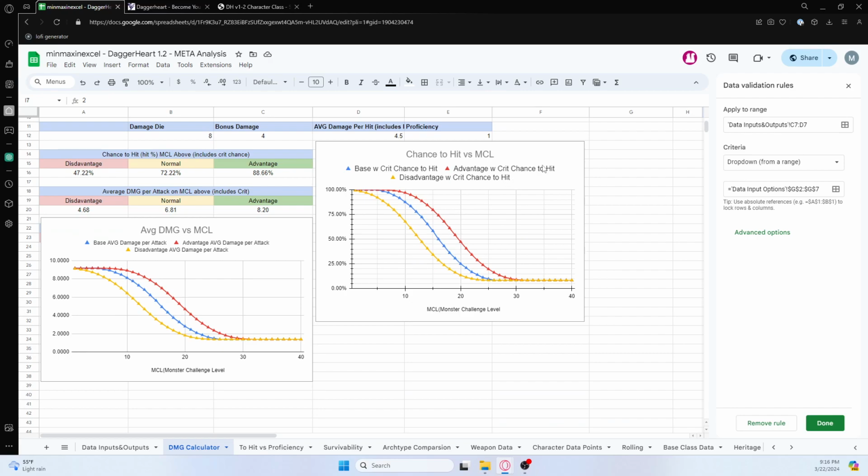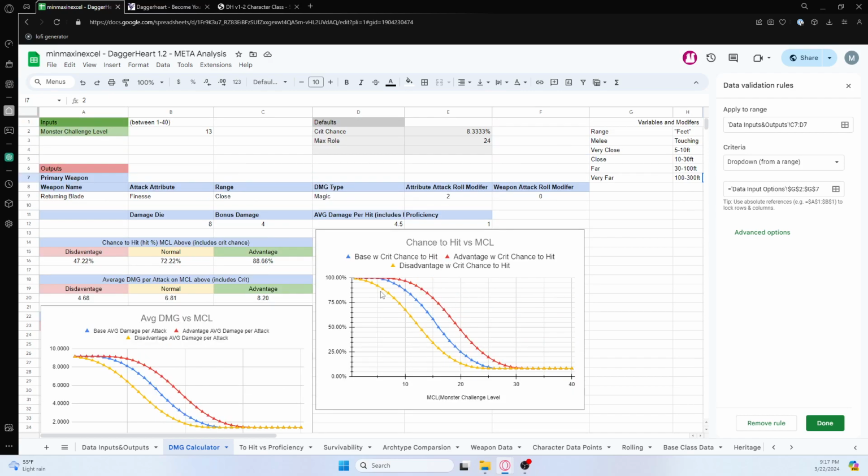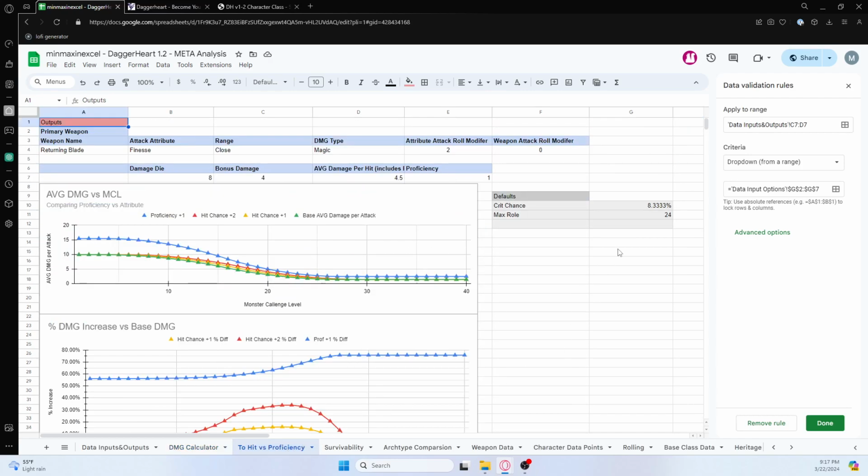Part 2 is chance to hit and also your average damage, which is basically these two things, but graphed over every single possible challenge level. And so just at a glance, you can get a good idea of what you'd be doing. I did a quick review of proficiency versus hit chance, which is just increasing your